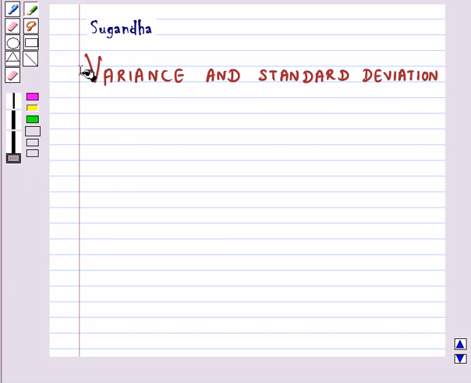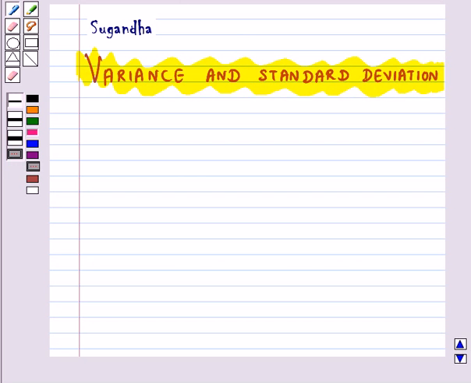In this session, we will discuss variance and standard deviation. Variance is basically the mean of the squares of the deviations from the mean. It is denoted by sigma square and its formula is given by sigma square equal to 1 upon n summation i goes from 1 to n xi minus x bar the whole square, and standard deviation